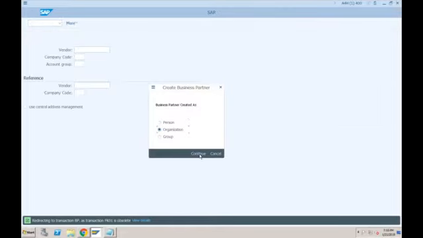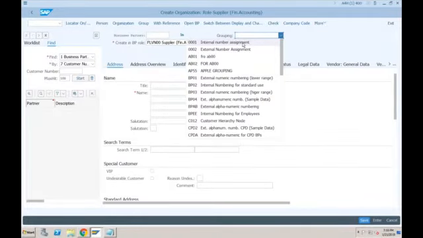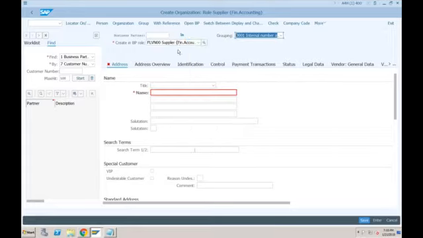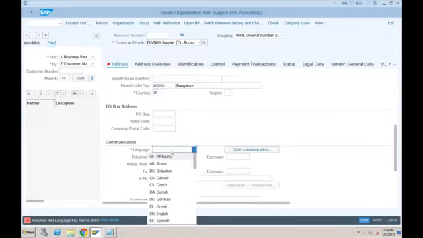Just click on organization, click on continue, specify the grouping whichever you want. As of now, I'm specifying this one. Role, as I told you, we are maintaining this for the company code, so FLVN00. Let's provide this information, all the mandatory information like country and language, EN.